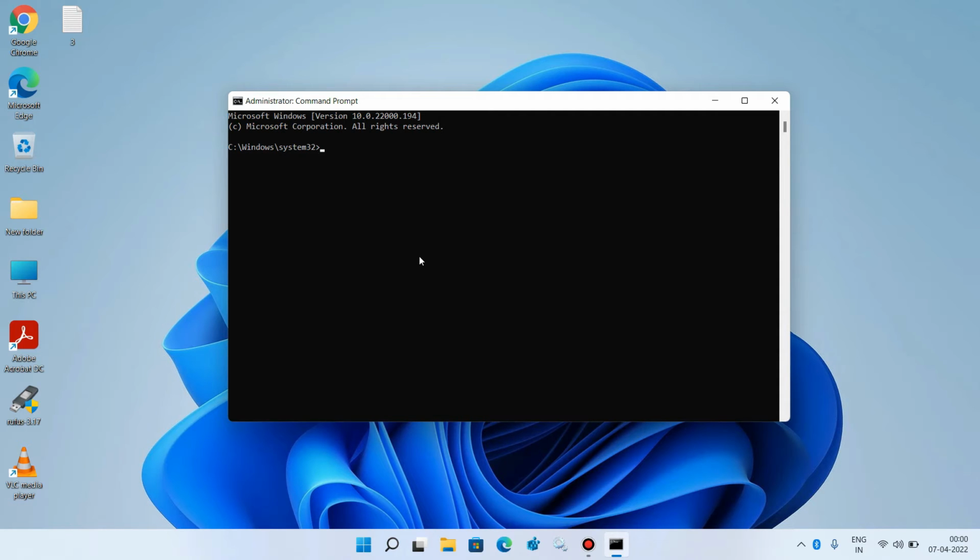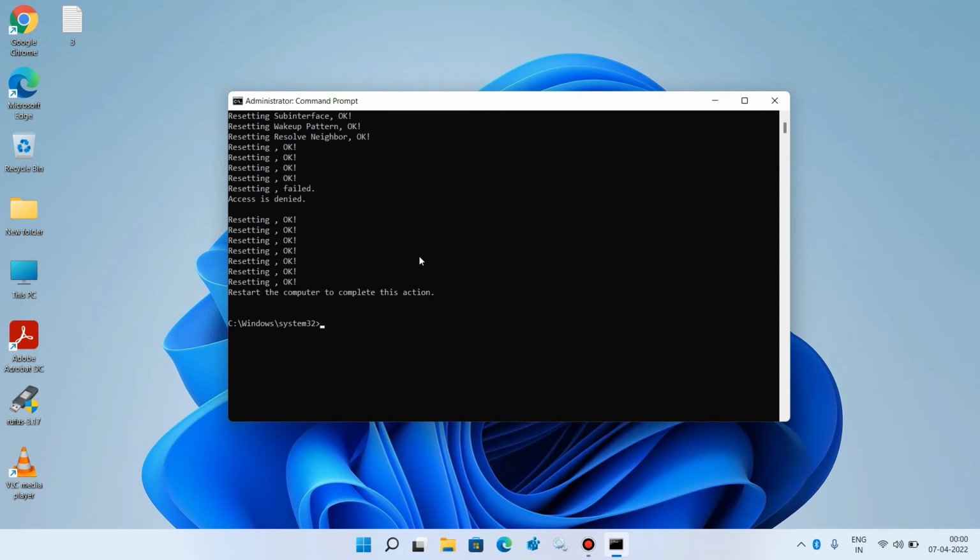So the first command is netsh winsock reset, and now hit enter. Now the next command is netsh int ip reset resetlog.txt, and now hit enter.